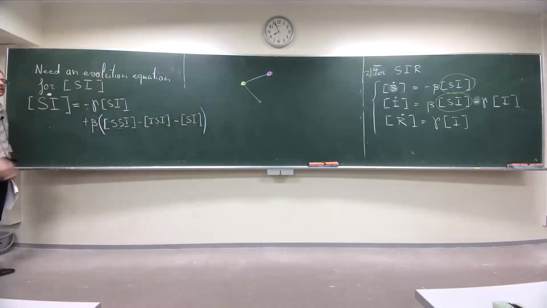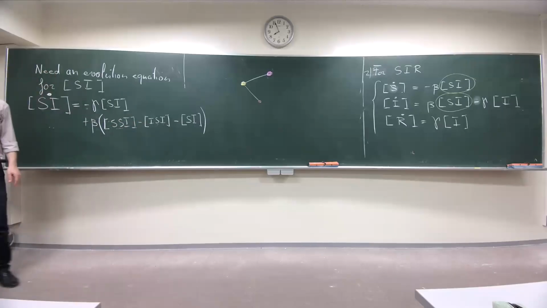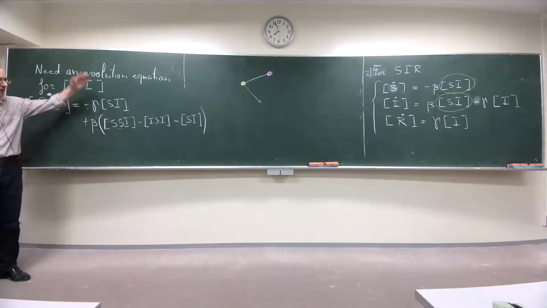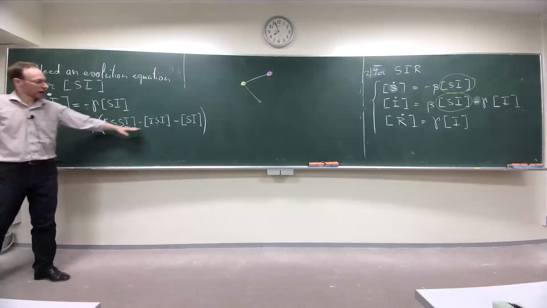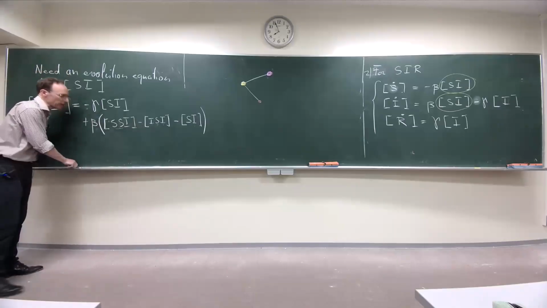So yes, we have these four things. So this is an equation for the SI derivative. But now you see the problem. In order to write this equation, I had to deal with a function of 3 points. So if I write the full system, I now need also an equation for this. So we can continue forever.